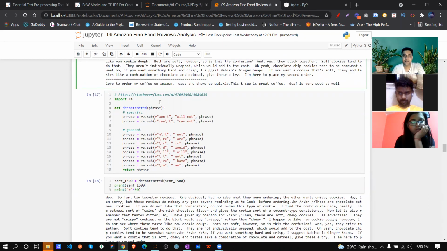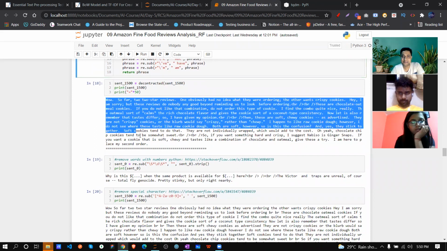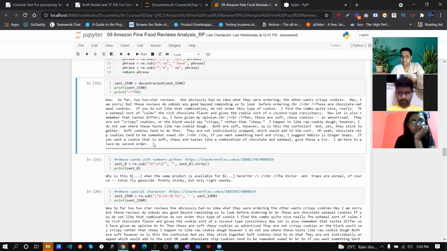So again with regex, we are trying to deal with things like won't, can't, 's, apostrophe s. Obviously these things are not going to be understood by our algorithm, correct? Or we can pre-process them in the normal way. That's why again we are using regex, and we are saying won't means will not, can't means cannot. This way we are just converting, nothing else. Then if we check, this is my full text.